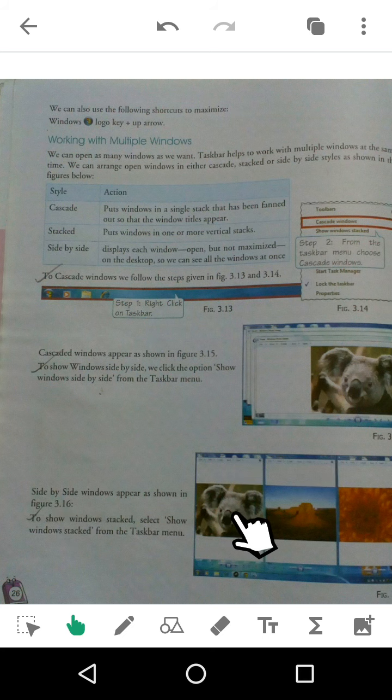See, this is one application, this is another application, and this is another. Cascading appears like the pages of books, while with the side by side option, the windows of different applications are shown like this.